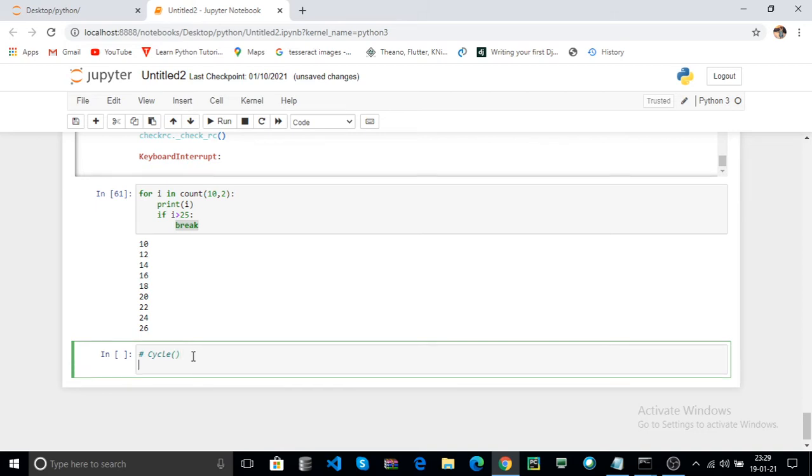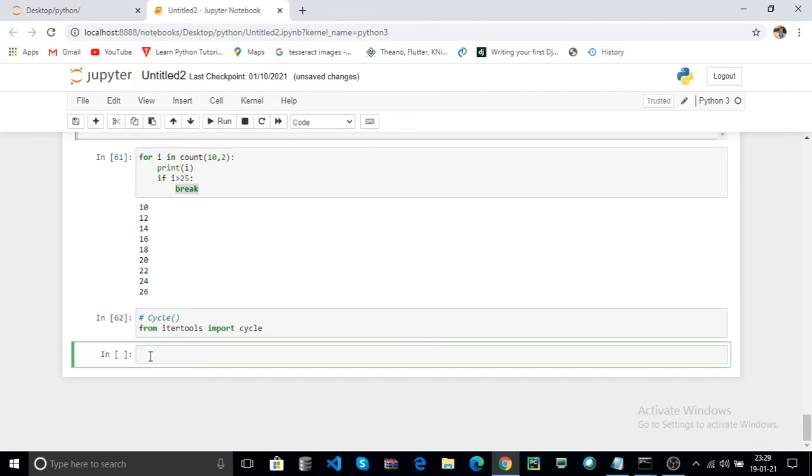And how to use it? First import from itertools import cycle, click on run. Here you can use a for loop: for i in cycle, the function.